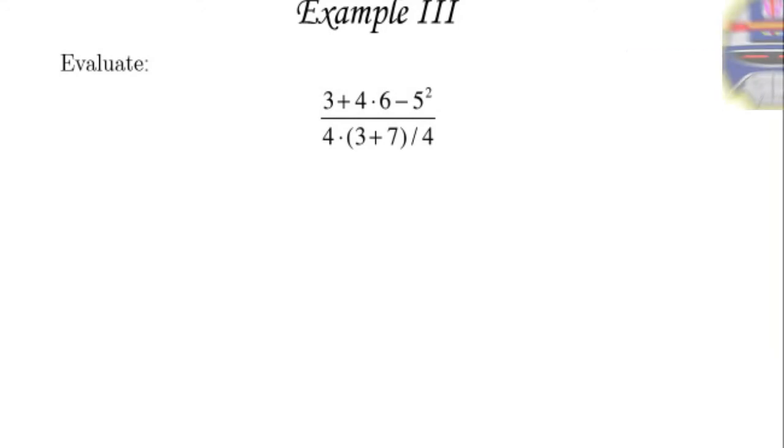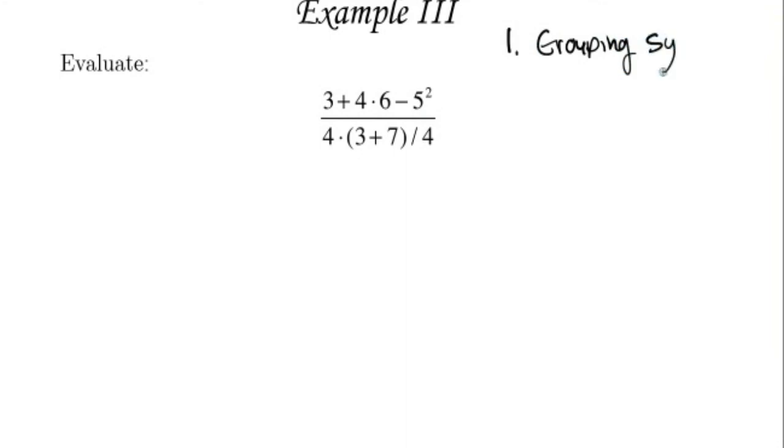In our third example, we have a fraction bar as a grouping symbol. It's separating the numerator from the denominator. Handling my grouping symbol first, the way I'm going to handle this is to evaluate my numerator, then evaluate my denominator, and then I'm going to divide the numerator by the denominator. Using my typical order of operations